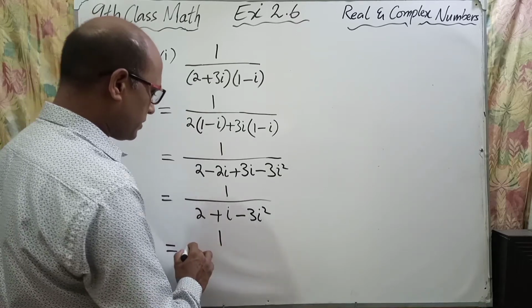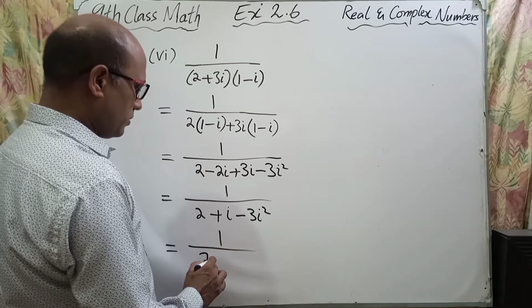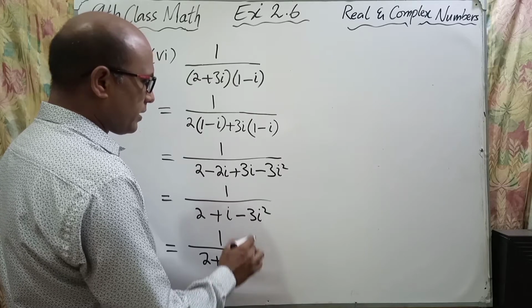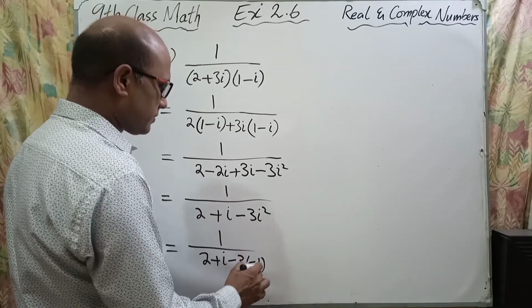In next step, 2 plus iota minus 3, in place of iota square we'll write minus 1,